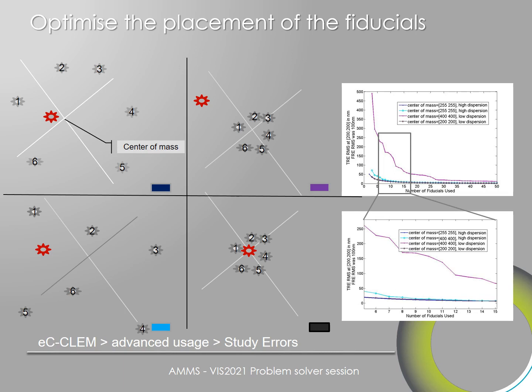In a more intuitive way, the placement of the points is quite important. Let's take the first example here, where we have 6 points which are extremely well spread across the image, and these points have a center of mass near the center of those points. When you try to look at a data set of interest here, close to the center of mass with very well spread points, then obviously the precision you will have here might be much higher. And that's what we see here in this blue line, where a very few number of points will give you a rather low or high precision, but low